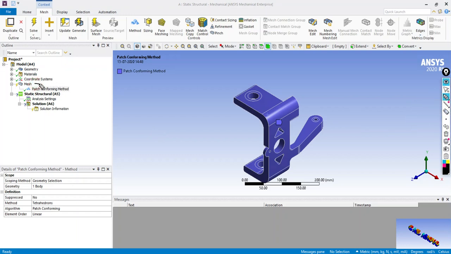If settings are given here, then it is called global meshing. If settings are given here, it is called local meshing.